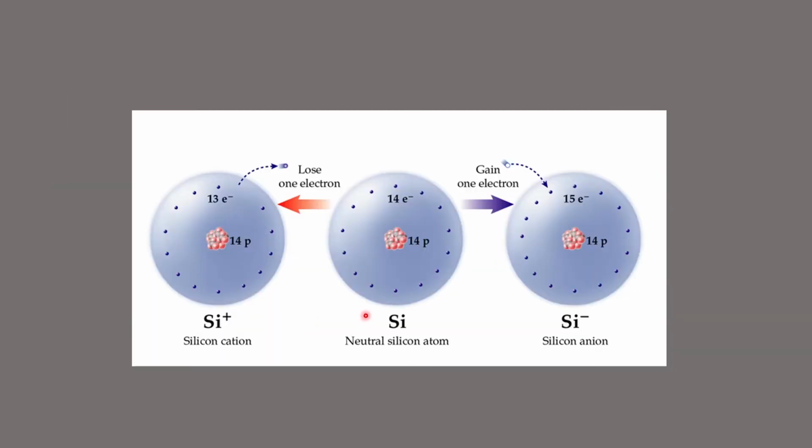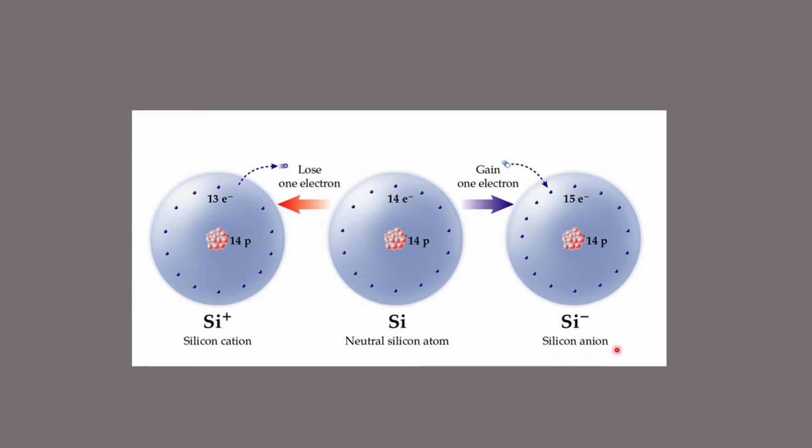In this slide, I have a silicon atom with 14 protons and 14 electrons. For 14 protons, we have a positive 14 charge and 14 electrons have negative 14, and they neutralize each other, and the net charge on the silicon is 0. If during a chemical reaction this silicon atom gains 1 electron, this additional electron gives an additional negative charge, and the net charge on the silicon will be negative 1,